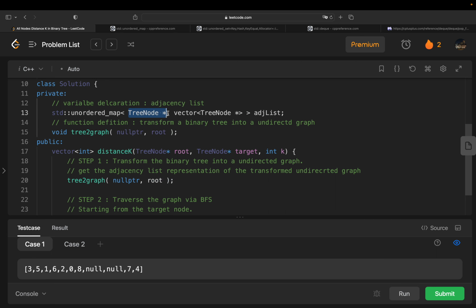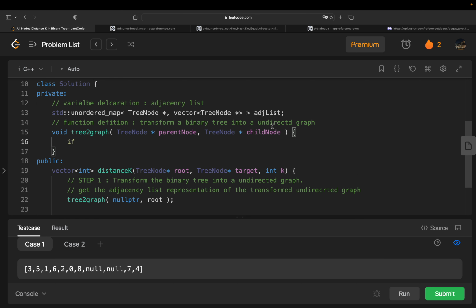So given a parent node and a child node, if the parent node is not equal to null pointer, then